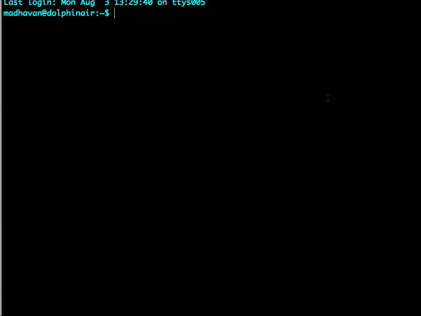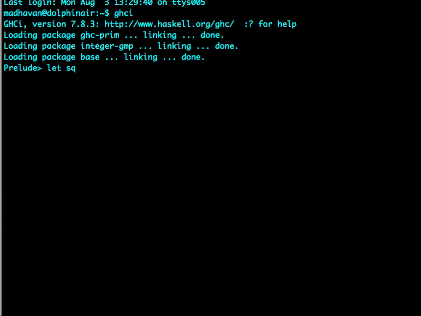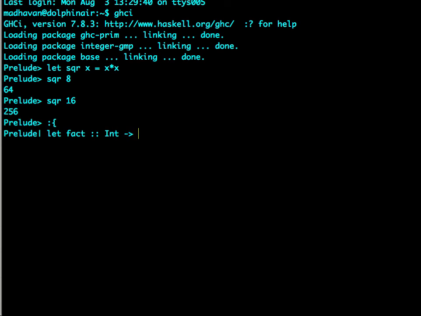So here, let us actually do this to verify that this works. So we say ghci. Then we can say let square x = x * x. Now if we say square of 8, for instance, we get 64. If we say square of 16, we get 256, and so on. Now if we want a multi-line definition, the prompt changes. Now we can say let fact :: Int -> Int be given by fact n such that n is less than